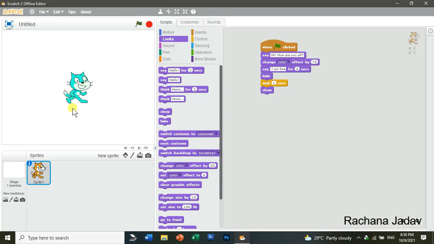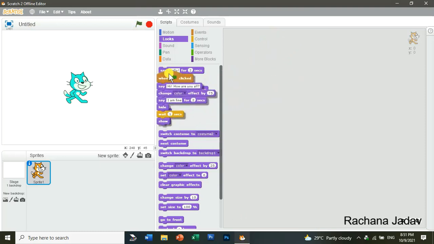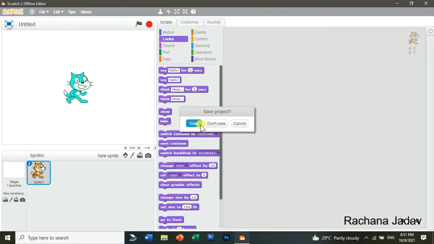Now the next one is about the pen blocks. तो हम लोग pen blocks के लिए जाएंगे. I will just remove it. यहाँ place कर देंगे तो every script will be removed from here. Okay, अब हम लोग जाएंगे pen. For that, now you must be knowing कि logo जिसने किया होगा in that pen up pen down everyone must be knowing. So if you want to draw anything, जैसे मैंने आपको बताया था यहाँ I've just shown you over here. मैं open करके दिखाती हूँ.